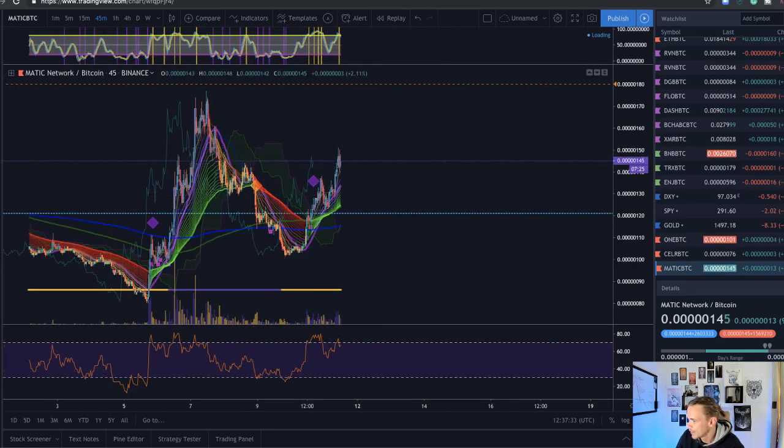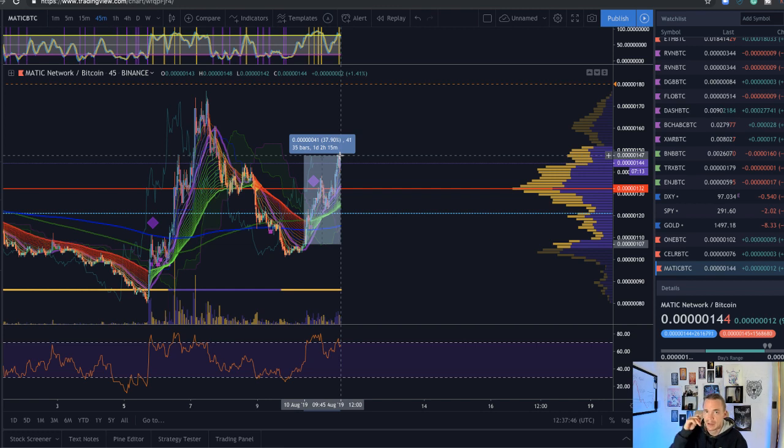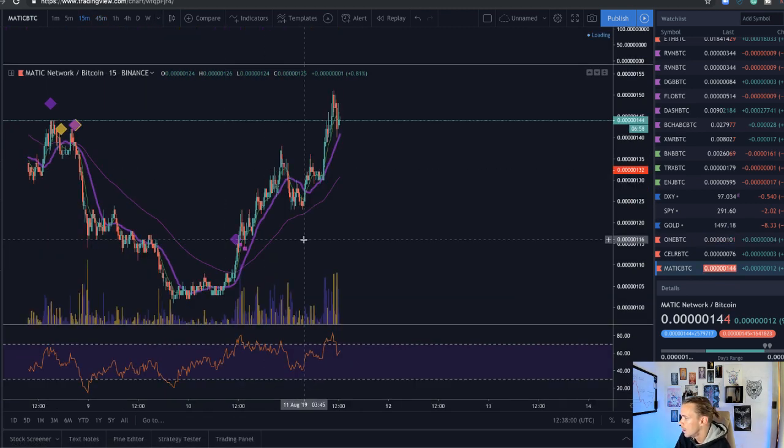Let's take a quick look at MATIC because this is one of the private Bear Den follows. From its recent capitulation to where we are now is a 40% gain in a day and 6 hours. And again, this is not a leveraged bet in any way, so it's much safer than, say, making a trade on BitMEX or Bitfinex. Again, I really like this type of, I guess what we'll call swing trading off the back of Bitcoin. It's worked really well over the last few months,